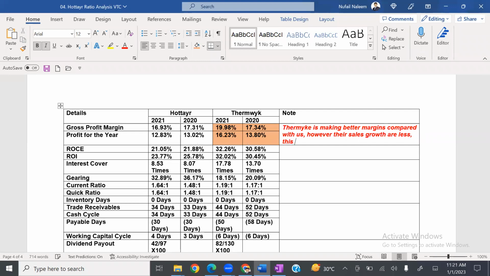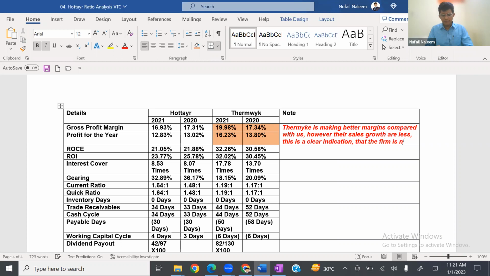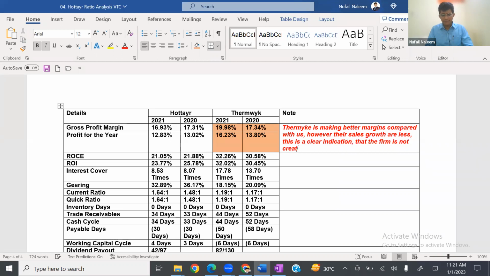This is a clear indication that the firm is not creating value for money. Correct, no, students? Not creating value for money. In contrast, that is our company. Let's do a contrast. Okay. In contrast,